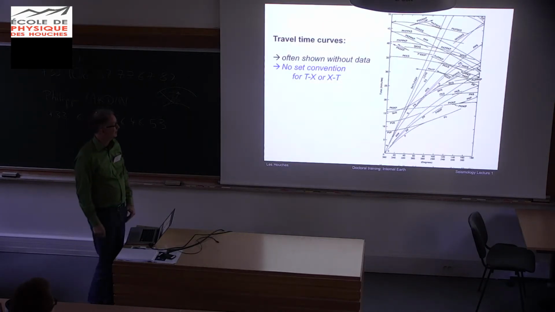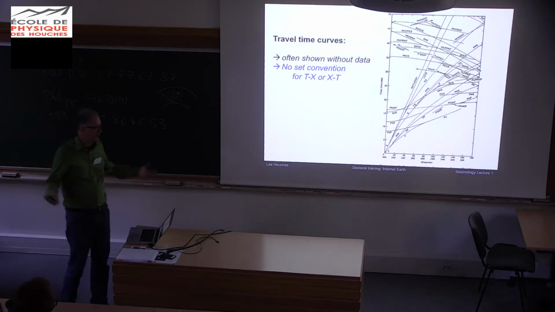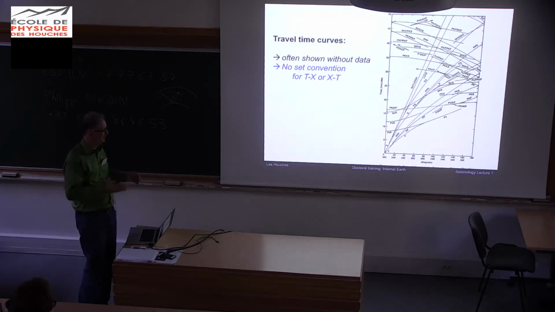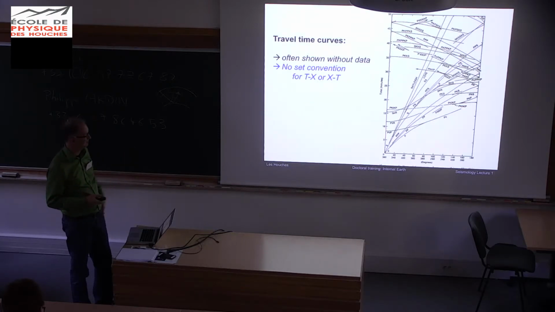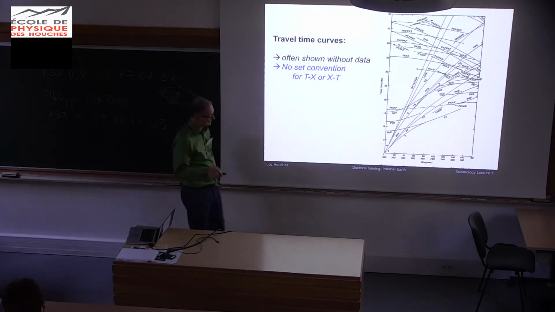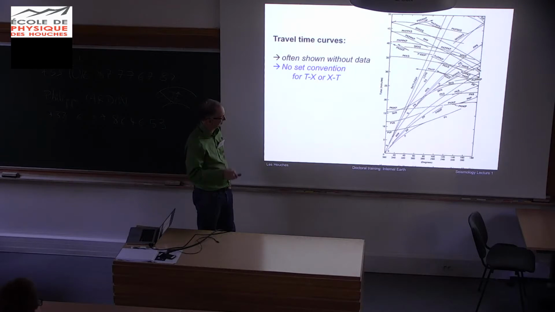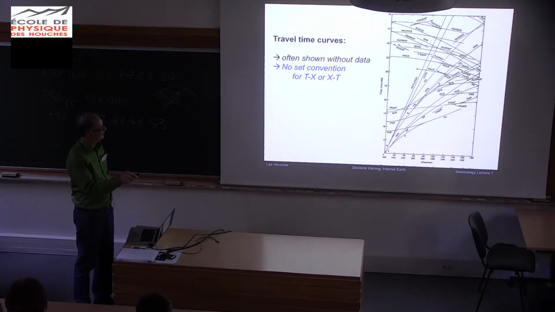If you Google travel time curve, you'll see something like this. This is probably 50 years old, but it hasn't changed. If you make the predictions today, maybe they shift a tiny bit, because we used PREM and they used Jeffreys and Bullen's model, which is from 1949. And there's no set convention for whether the distance is down here or up here, or the time is down here, but basically it's time and distance. So just make sure you look at which axes are which. And there are many predicted exotic paths here.